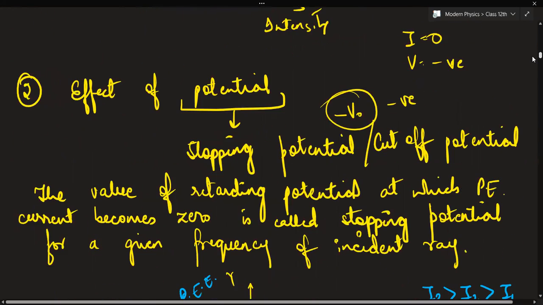Now, the second thing is potential. See, class, do not note it down. I'll give you time to note down these effects: effect of frequency, effect of intensity, and effect of potential. All these three are important. So intensity, we have seen, increases linearly. Now see, the way I say, a certain frequency is required for which the